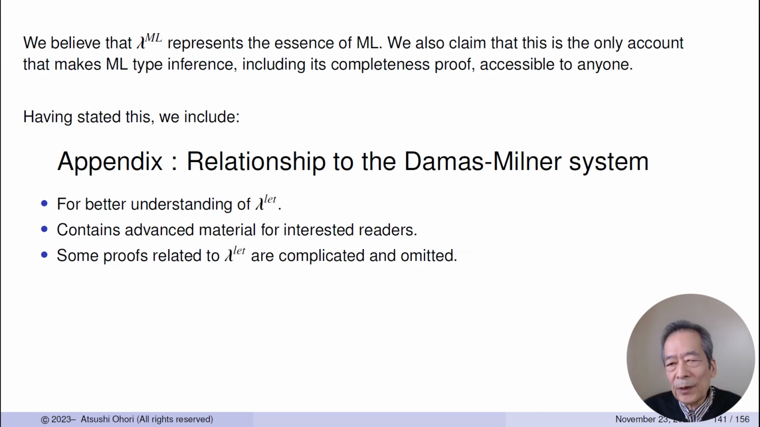We have so far completed the contents of ML type inference, the contents we aim at in this video lecture series. And I personally believe that the type system of ML we presented represents the essence of ML. I also claim that this way of explaining ML, this framework, starting with a simple type discipline of lambda expressions and the notion of principal typing, is the only account that makes ML type inference, including its completeness proof, accessible to anyone, because